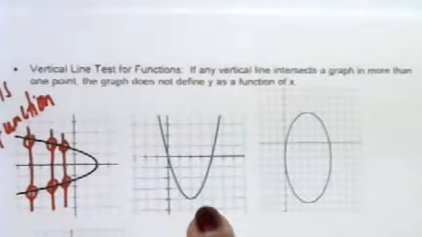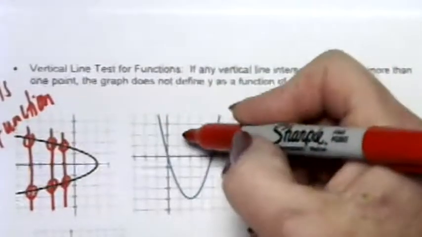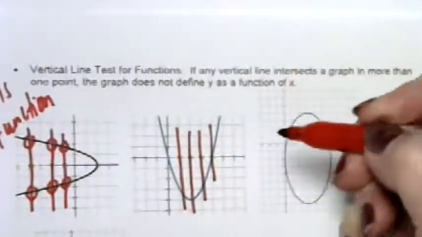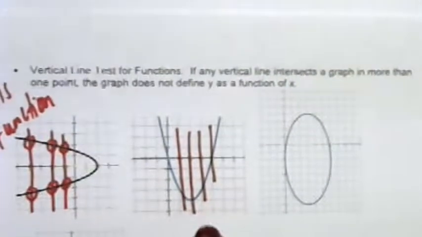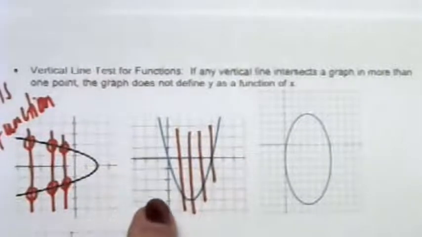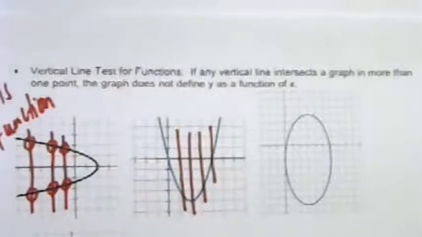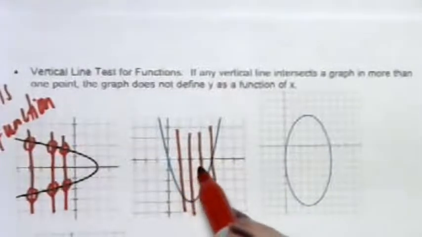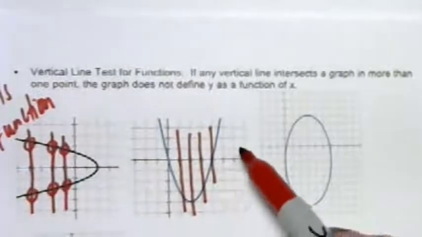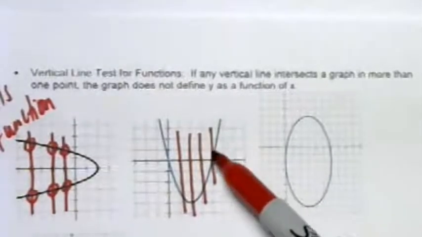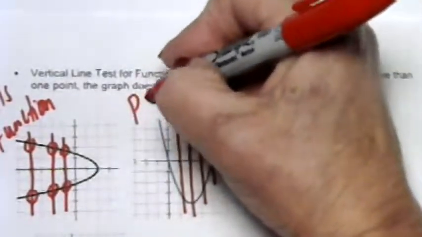Let's take a look at this example over here. Again, we can draw vertical lines wherever we want, and we can see that this does qualify as a function because for any of these vertical lines that we've drawn in, there's only one y value. So let's take a look at this vertical line. We cross through x here, 1, 2, 3, 4. When x is 4, there's only one possible y value, 0. Y is 0. We have nothing up here or down here. So this passes